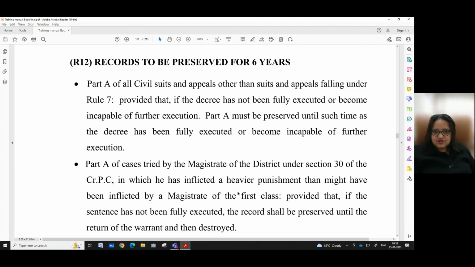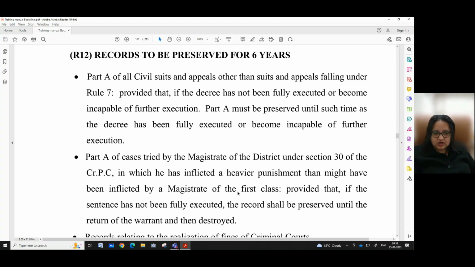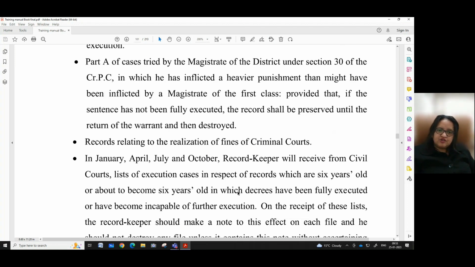Part A of cases tried by the magistrate of the district under Section 30 of the CrPC in which he has inflicted a heavier punishment than might have been inflicted by a magistrate of the first class, provided that if the sentence has not been fully executed, the record shall be preserved until the return of the warrant and then destroyed. Records relating to the realization of fines of criminal courts.